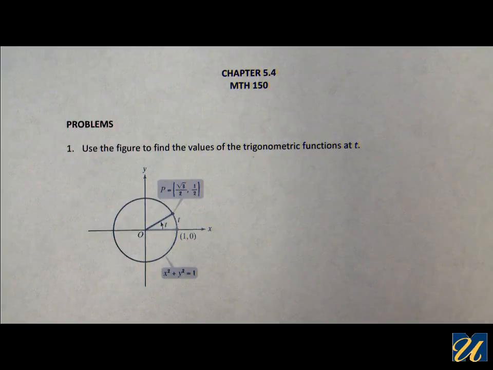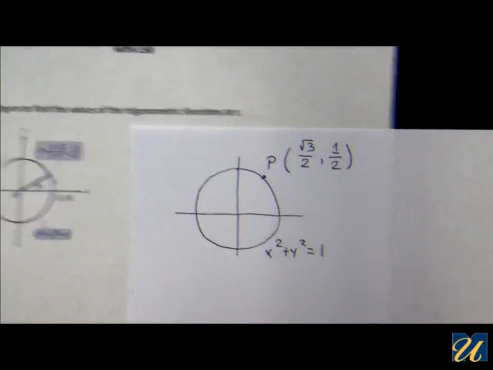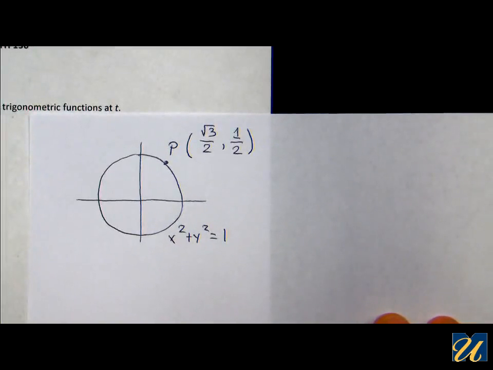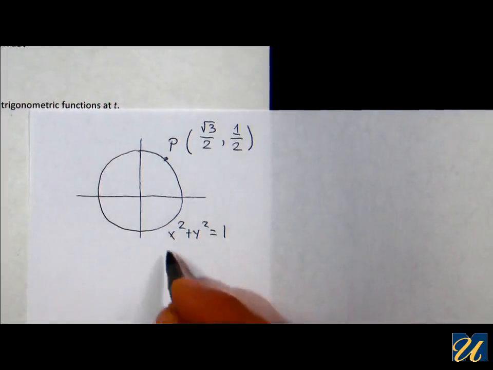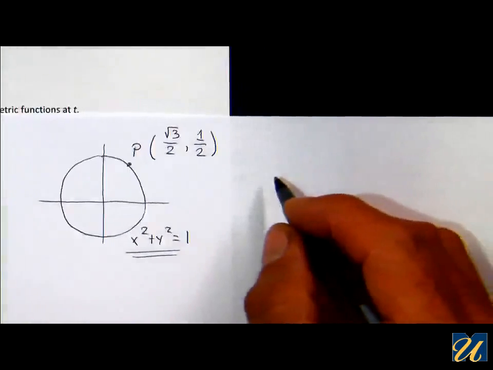Section 5.4 problems. Problem 1. Use the figure to find the values of all 6 trig functions at t. Okay, so I've transferred the picture over here to a piece of paper, and so we can slide that off to the side. And we have point P on the circle, and we have the coordinates of point P. Okay, if you know that you're on the unit circle, then the definitions, as shown in the PowerPoint slide, are